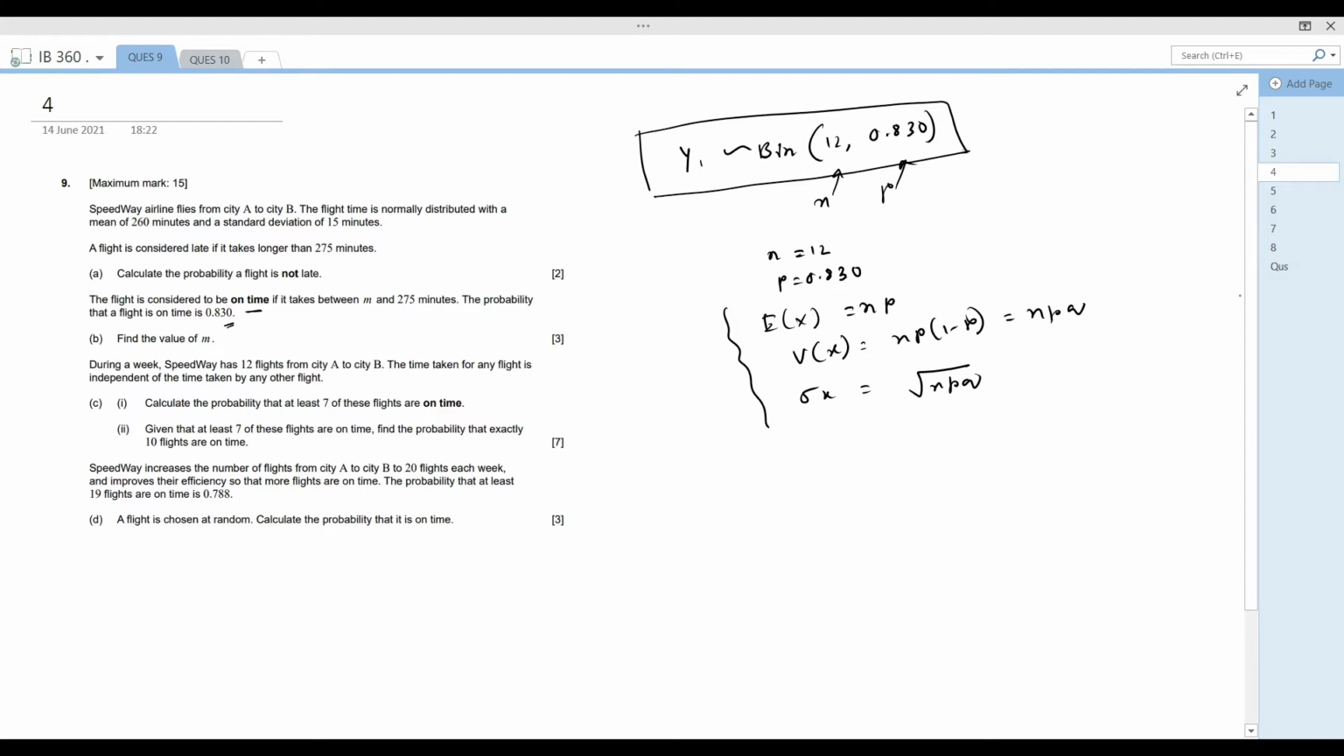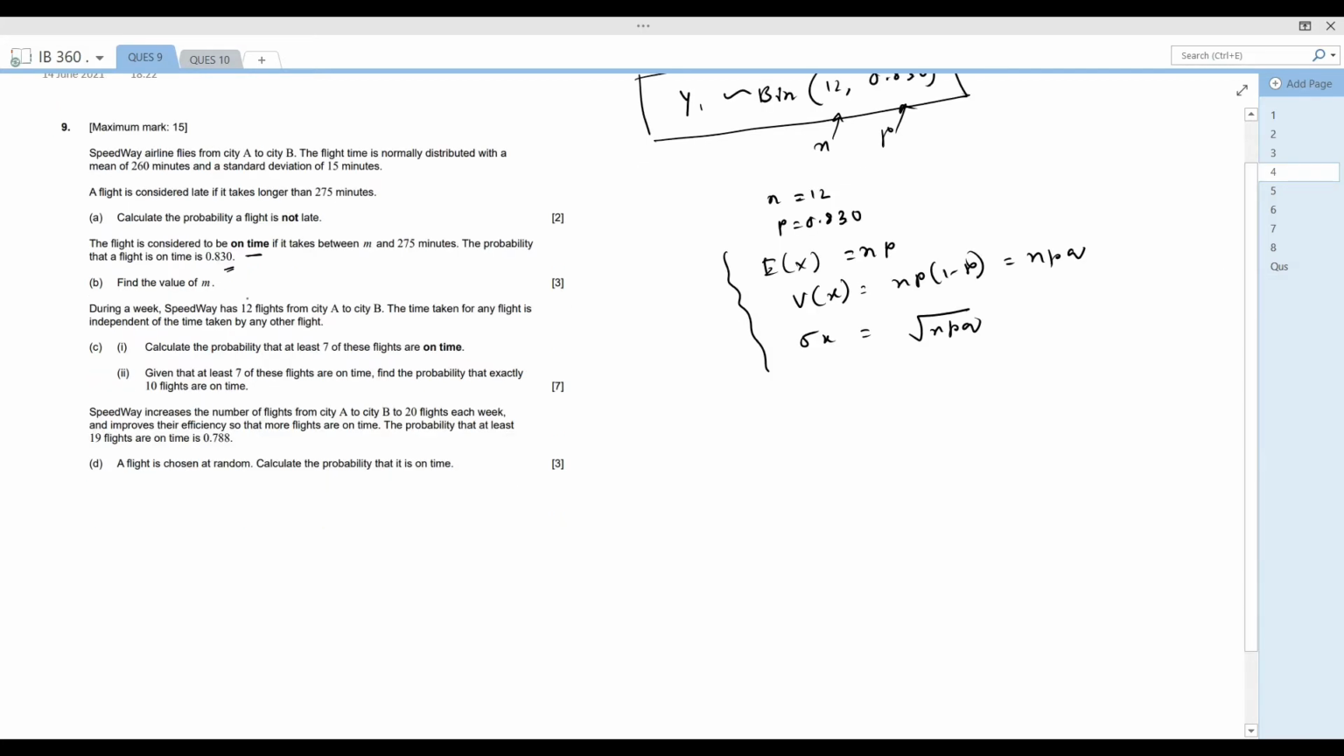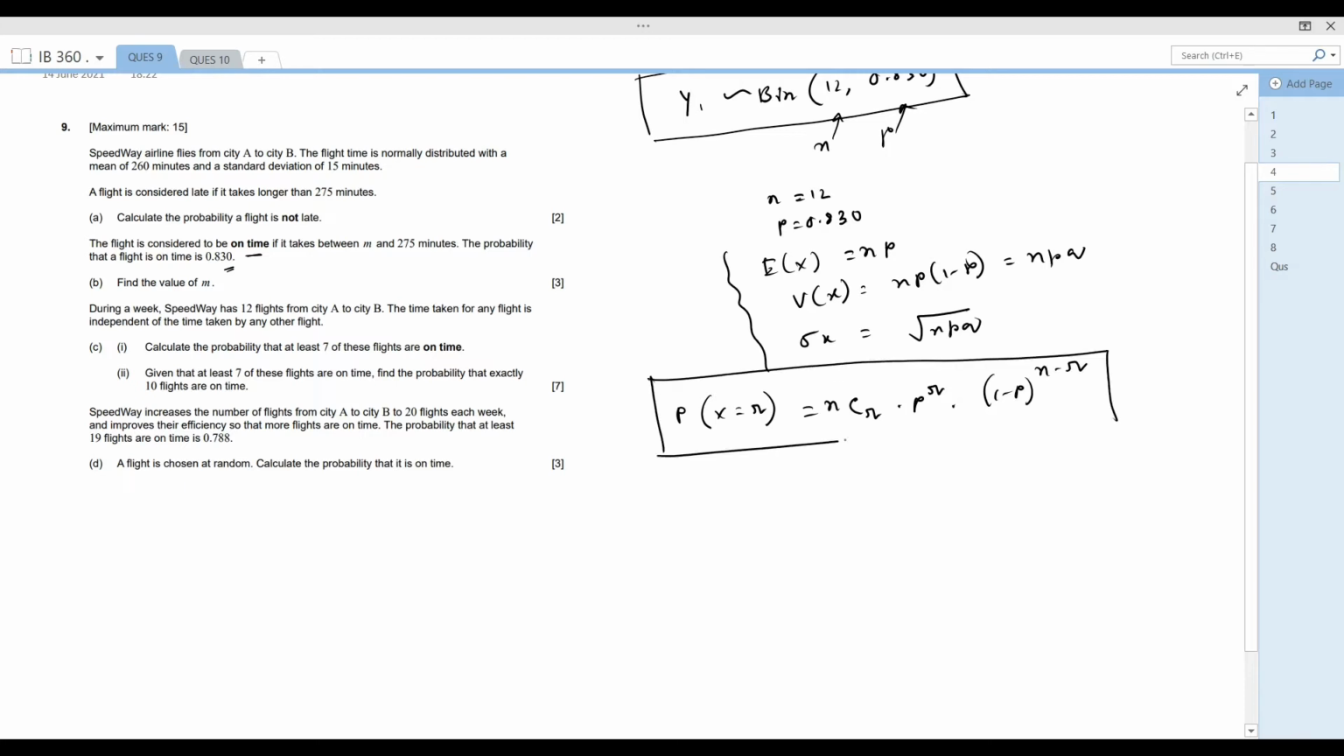Now what we need to find out is to calculate the probability that at least 7 of these flights are on time. So how will you calculate that? The formula is P of X equals r, where r is the number of successes. P of X equals r equals nCr into p to the power r into 1 minus p to the power n minus r. Now, what are the number of trials,